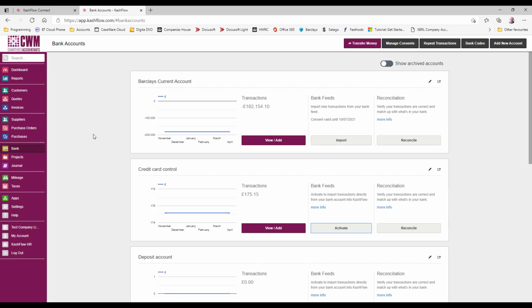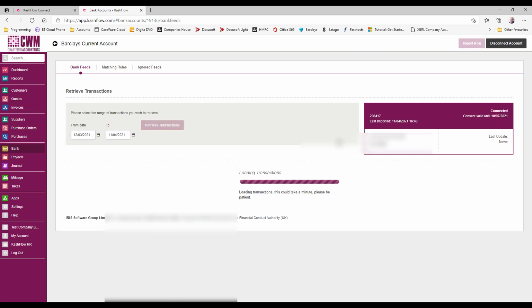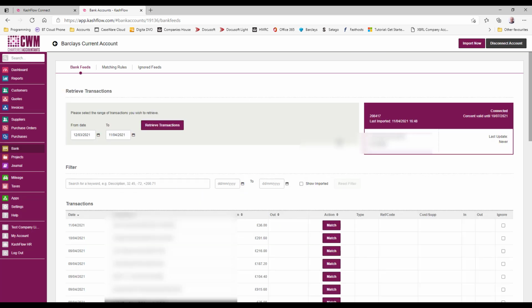I've already set up a Barclays feed on this, and so I will go to the bank feed section and click import. We did show in a separate webinar how to set up the link between Kashflow and your bank account, and I'm going to go down to an item here for £216 which was received, and I'm going to assume that this is a part payment against the invoice for